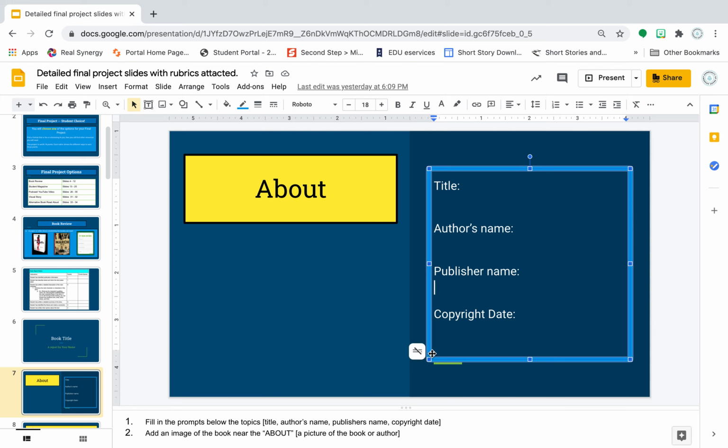And then this copyright date. This is when they have made it their own. All right. I'd also like, so it says fill in the prompts of these topics. And then I have them in parentheses so you know what to do. And then you're going to add an image of the book or the author right in this open area. All right. Next,